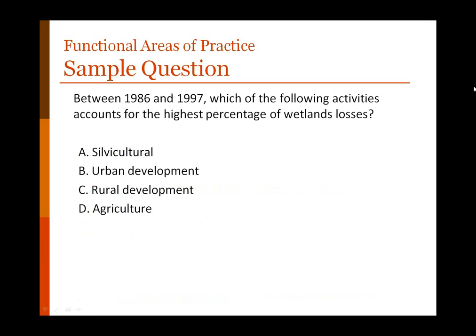Another sample question that I'll launch a poll on: between 1986 and 1997, which of the following activities accounts for the highest percentage of wetlands losses? A, silviculture, B, urban development, C, rural development, D, agriculture. And this is one of those kinds of questions that